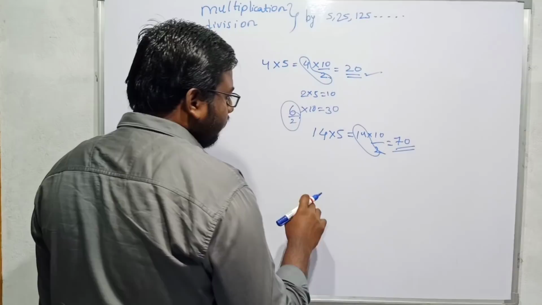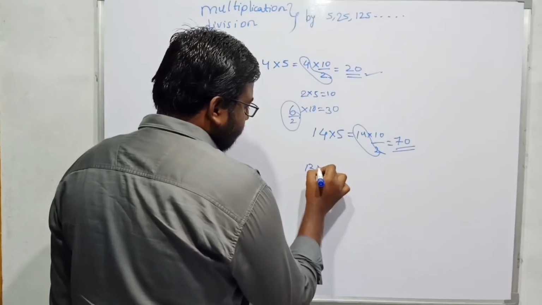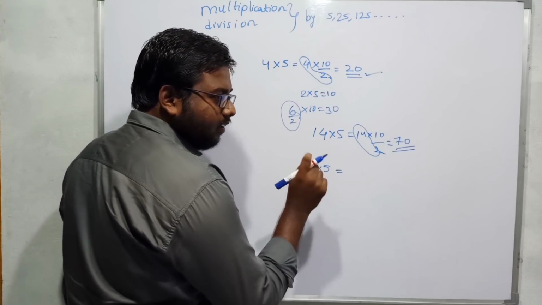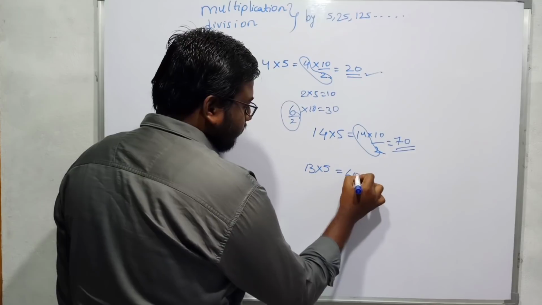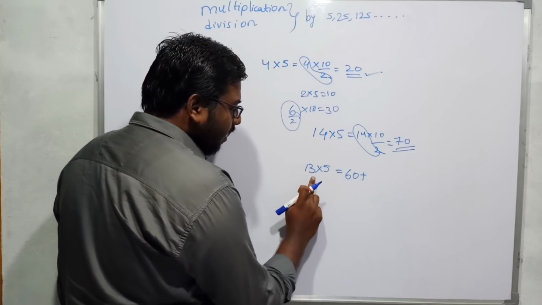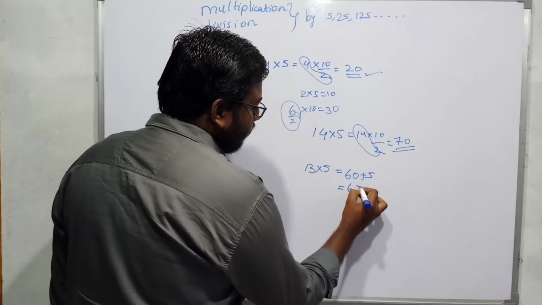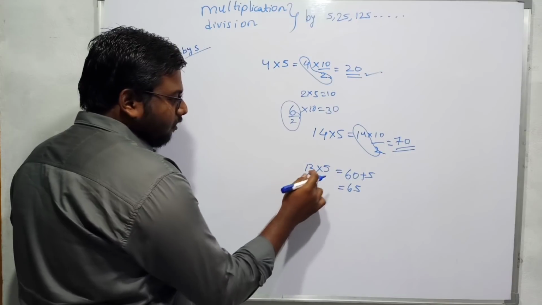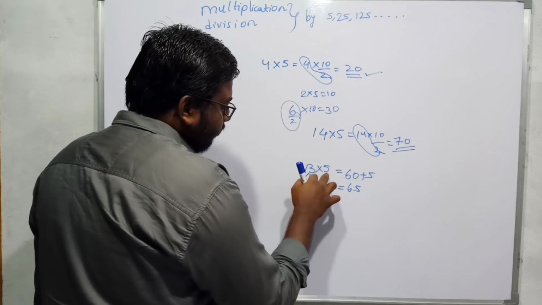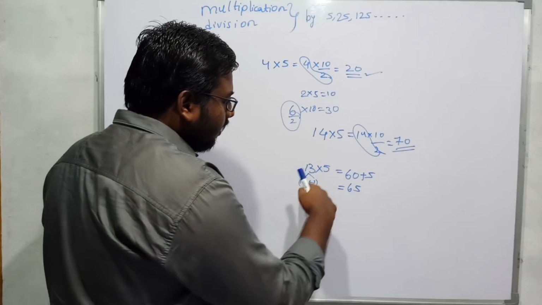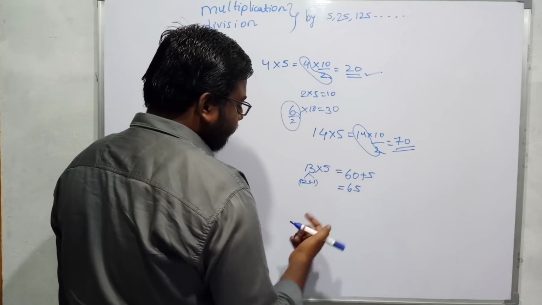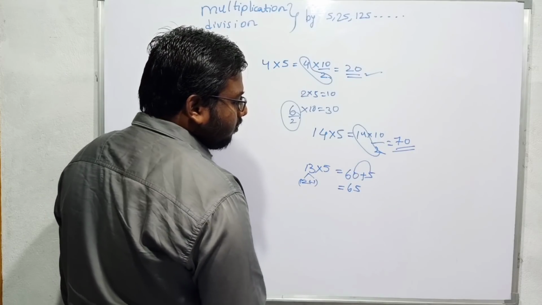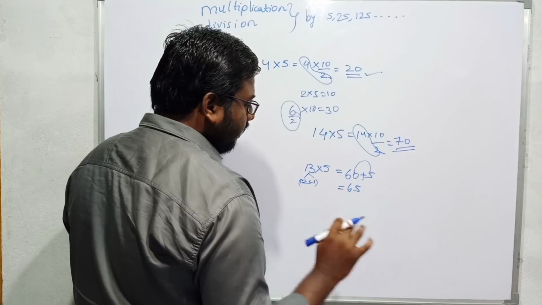So if I have to see this in the case of odd numbers, for example 13 into 5, here how many 2s are there in 13? 6 2s are there. So 60, plus 1 is remaining, 1 5. This is 65. This is nothing but the distributive law. I divided this into 12 plus 1. 5 12s are 60 and 5 1s are 5. How is 5 12s 60? In 12 there are 6 2s, so 60 will occur, and 5 makes 65. So you can write directly, this 5 is merged with this 0, so I can write 6 beside 5 without any interruption.